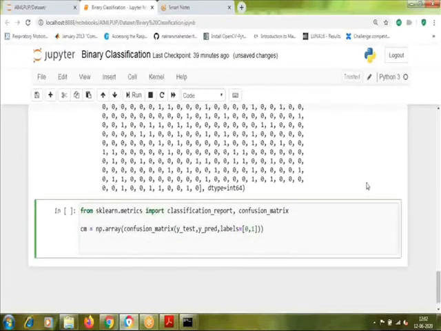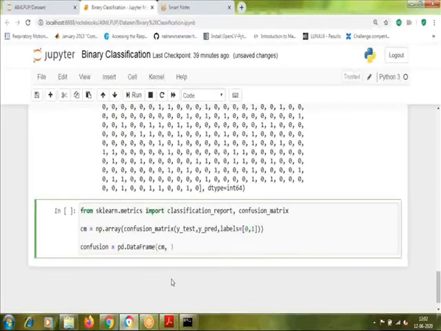Then of course we need to print this in a readable manner. So we are going to convert this confusion matrix into data frame. I am giving that same variable CM here, so that CM converts into data frame.